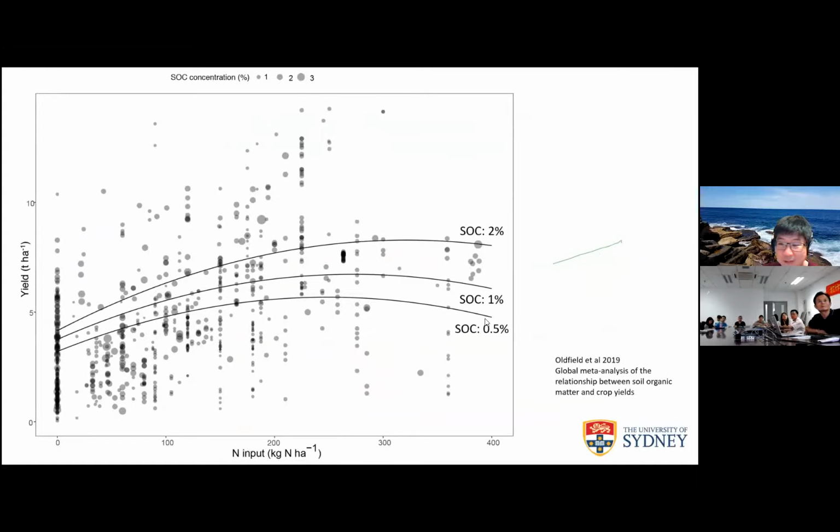If you have low carbon to start with and you put in a bit of fertilizer, you can expect an increase in the yield. But after that, the general increase is not that high. It's not that significant, right? The same with this, if you increase the nitrogen input but the carbon content is low,